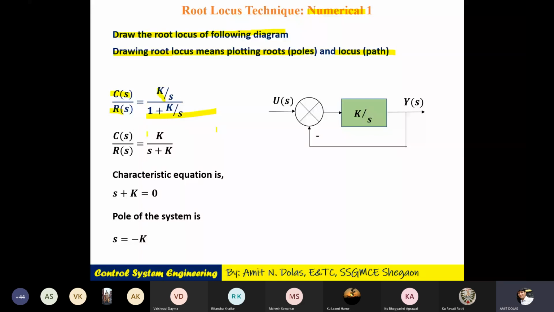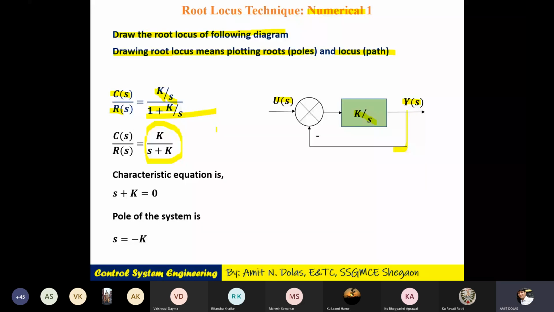कहाँ से लिया है हमने ks upon 1 plus ks? Because this diagram is given where in the block there is k by s. So how do we write? It is written like the standard form k upon k into gs upon 1 plus hs gs. ऐसे है. So if you separate this k, it will be k into 1 by s. So it is this block divided by this. What about h of s? H of s is unity shown in the diagram. यहाँ पे feedback में block नहीं दिख रहा है आपको h of s. That means h of s is equal to 1.